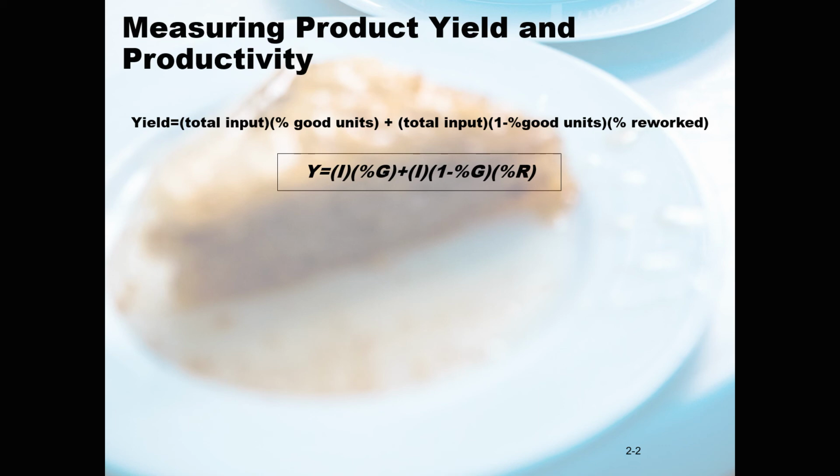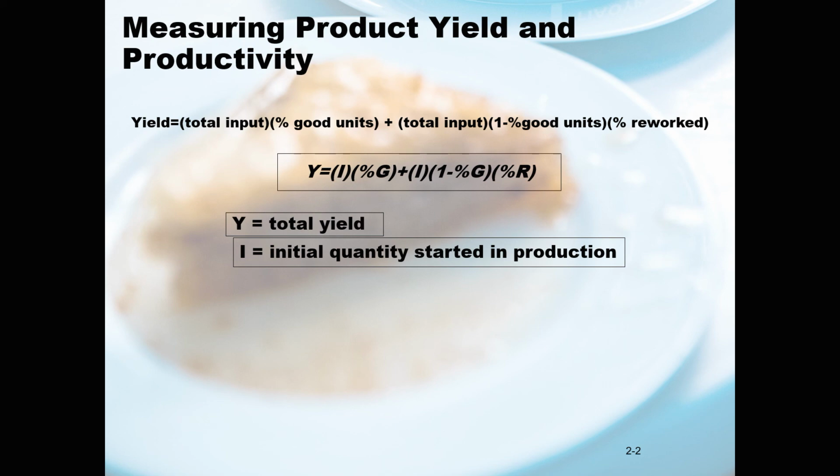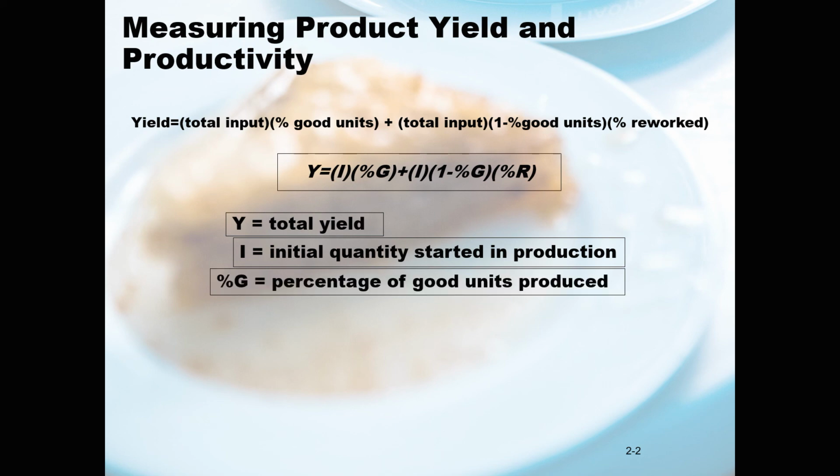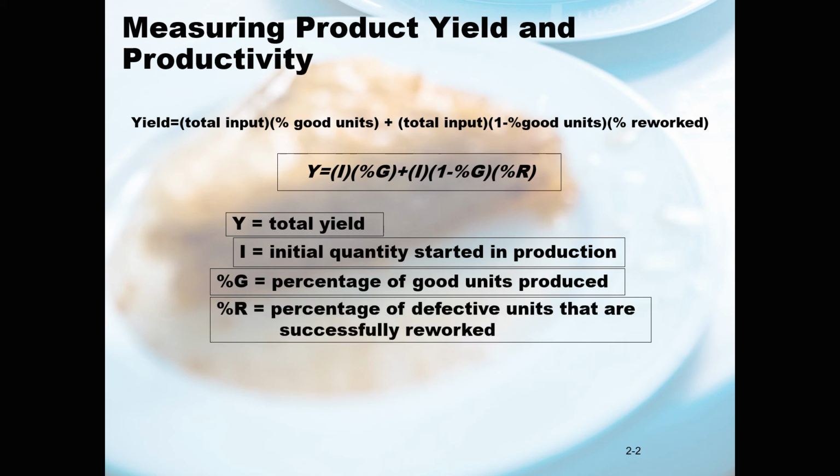This is the equation. Yield equals inputs times percentage good plus input times 1 minus the percentage good times the percentage of products that can be reworked. Again, Y is total yield, I is the initial quantity started in production, percentage G is a percentage of good units produced in the initial run, percentage R is a percentage of defective units that are successfully reworked and meet